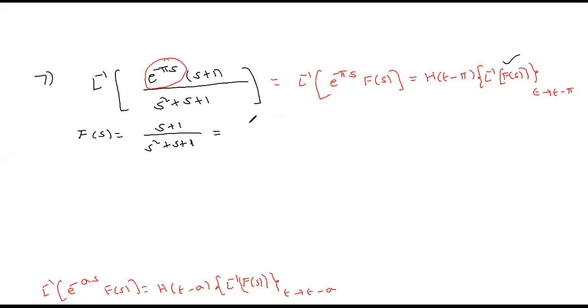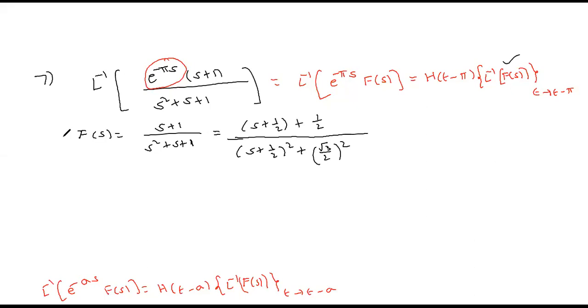(s + 1/2)² + 3/4. Correct, s + 1/2. Here also I can write it as 1/2, because wherever s is there, it must be s + a. It is not that some terms are s and some terms are s + a. Wherever you see s, that should be in the form s + a. So how can I write the denominator? (s + 1/2) whole square, and what is remaining after the square? 1/4. So remaining is 3/4, which I can write as (root 3/2) whole square. Do you agree? Yes, sir.